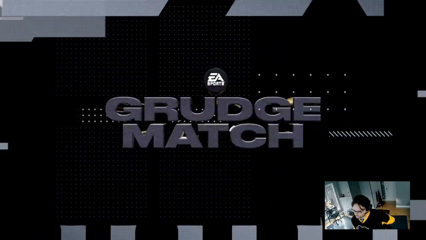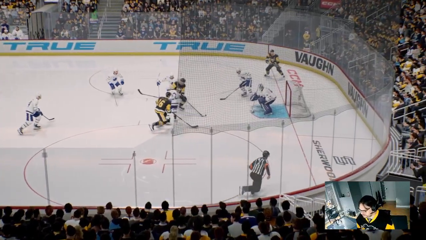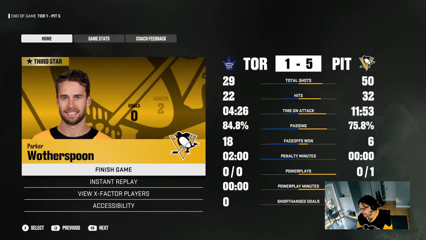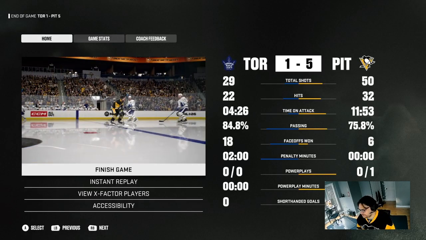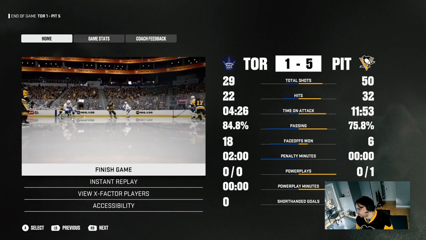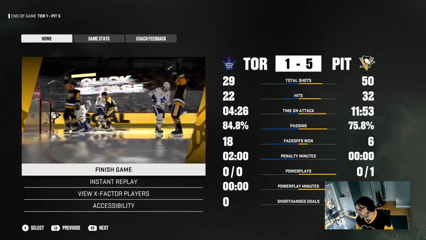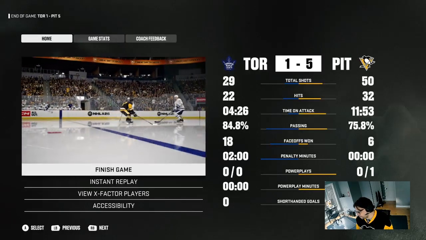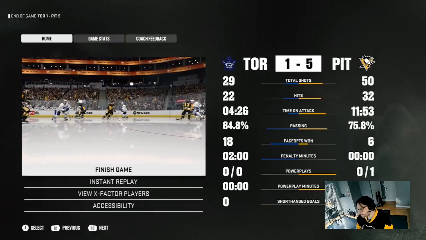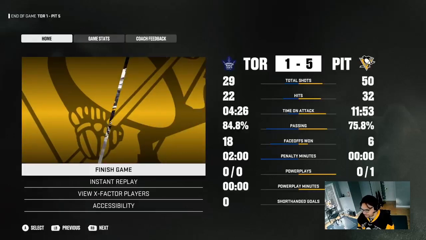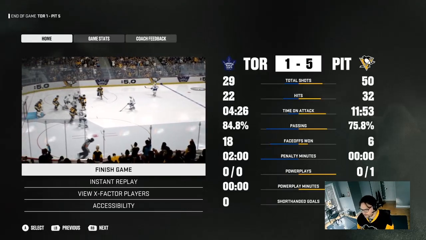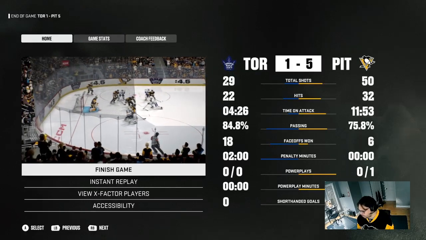How you doing, Iceberg? Take one last look at the stats before we wrap things up. And I mean, Stolarz had made some unbelievable saves, even though he gave up 5. But let's have a look at these stats, shall we? Shots on goal, 50-29 in favor of the Penguins. Hits, 32-22. The less we say about the faceoffs, the better. The Leafs dominated in that. Of course they did. And the only power play was back in the first, but the Penguins did put up 5 goals at even strength, 2 off the stick from Rickard Rakell,